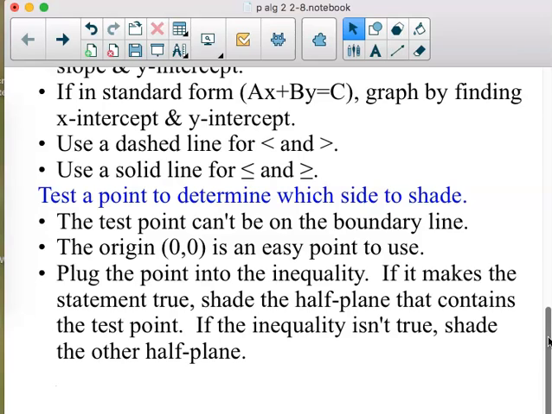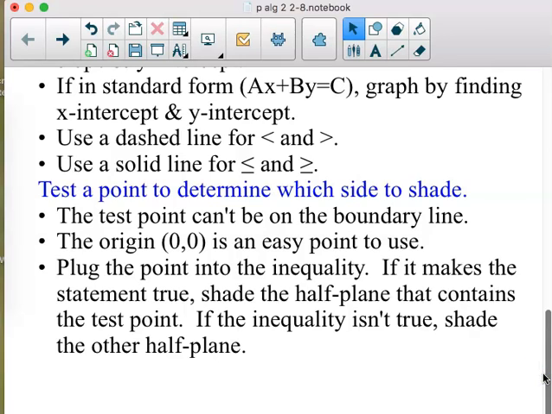Now, if this is on a test, especially if it doesn't work, I'm going to test a point on the other side just to be sure that it works. On homework, yeah, if it doesn't work on this side, then shade the other side. But on a test, I would be a little more careful than that. So now,